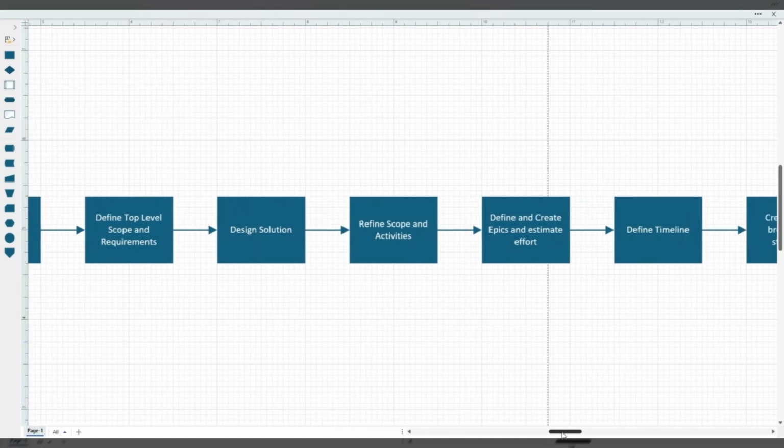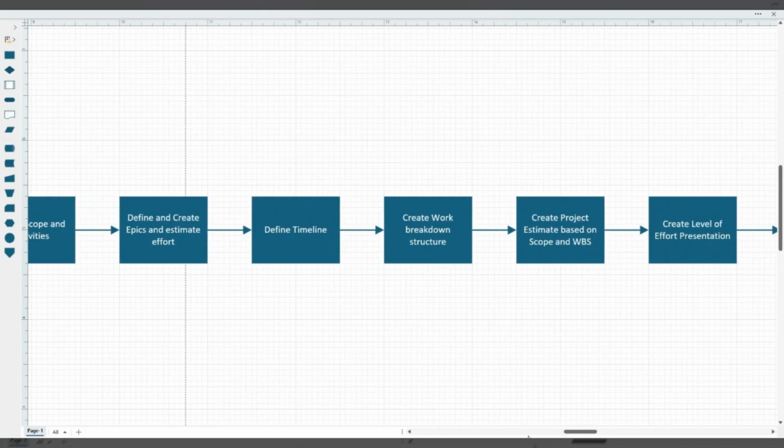We need to know when they want this done by. If we have a lot of time, that's really going to affect our work breakdown structure. We may have fewer people on the project if the timeline is very fast, or if we have a large project backlog or something like that. Or if we have a lot of people on the bench, it'll determine what we put down for our work